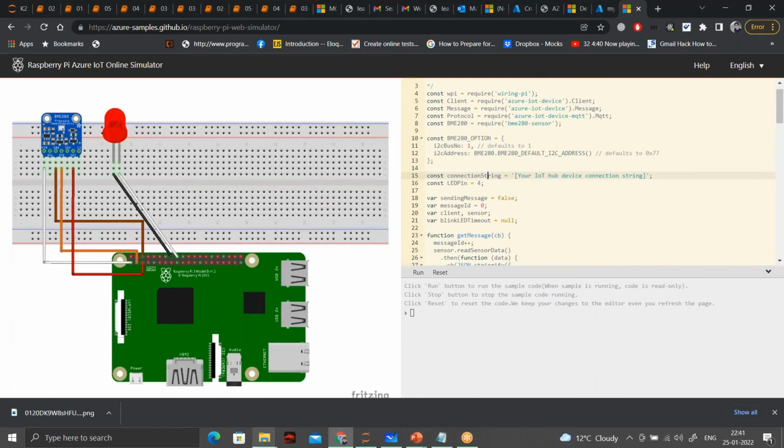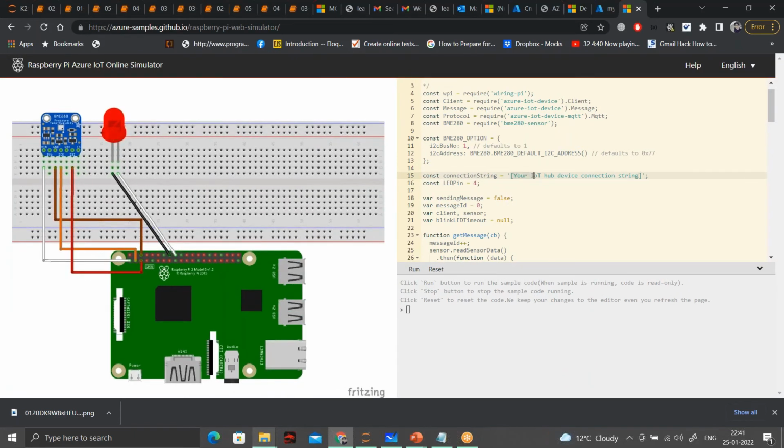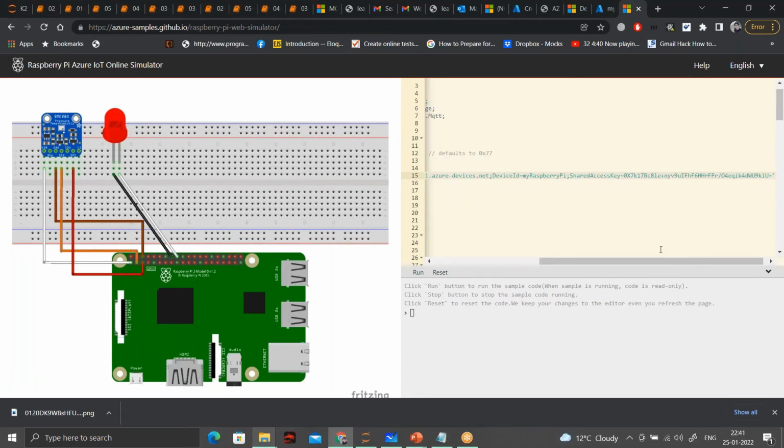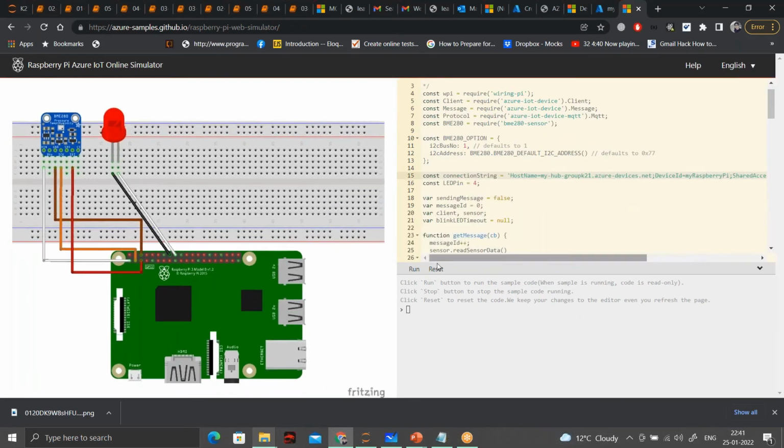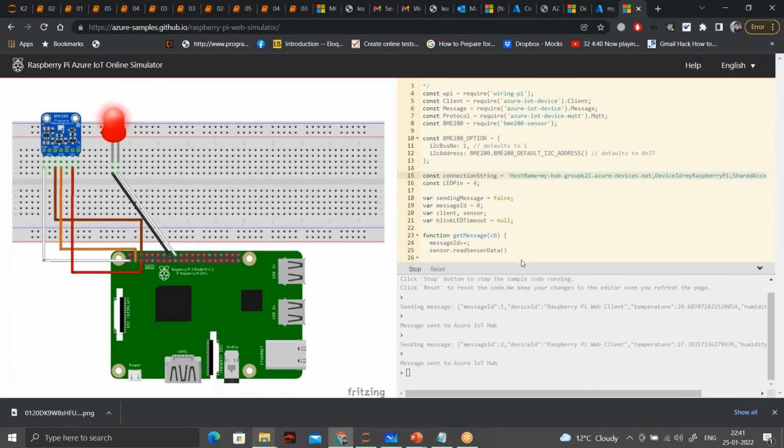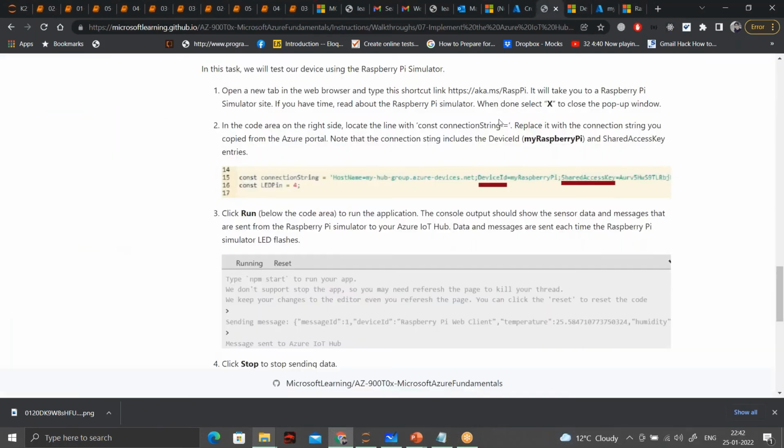So this is the connection string. I'll just click on run. You can see that these messages are being sent to the IoT hub.